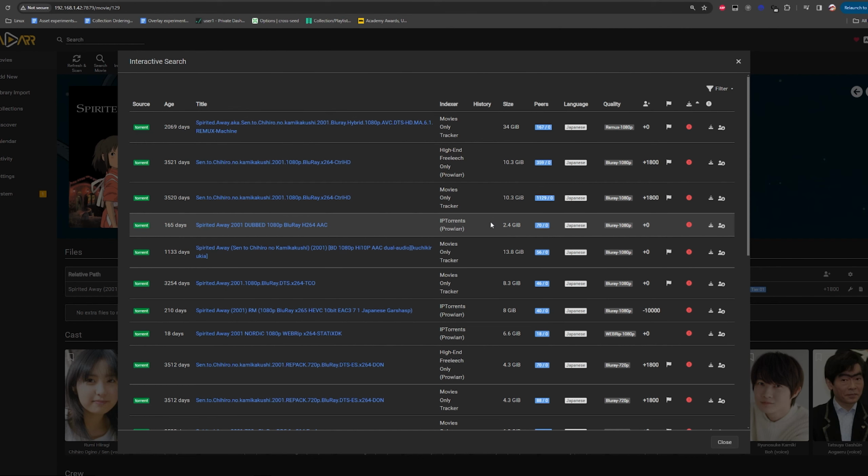One more thing I wanted to cover is interactive search. I love interactive search because it's more specific and it gives more control over what you're grabbing. Not to say that the search movie tab can't give you that if you make sure that your torrent grabbing logic is very safe and sound, but at the same time, it's just one of those things that I like to do. I like to look at the interactive search.